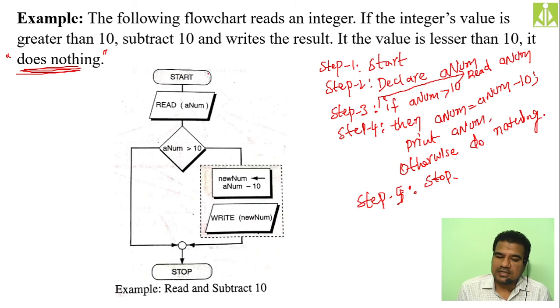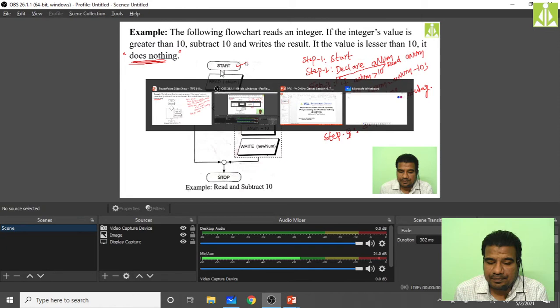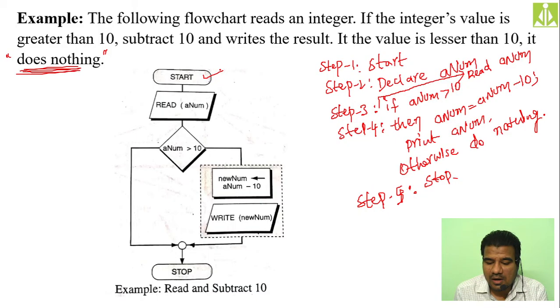So this entire thing, how we represent, see over here. First start as it is. With the help of a terminal symbol, we are starting the flow chart. Then reading, here no declaration. When we are reading, we'll assume that the variable is already declared, the memory is already allocated. So directly reading. When you are performing the read operation, it is an input operation. So for input output, what symbol we have to use? The parallelogram with read and write labels. So now we are reading.